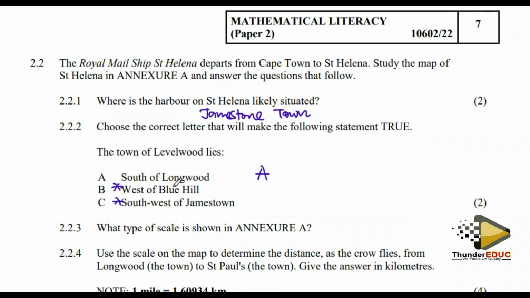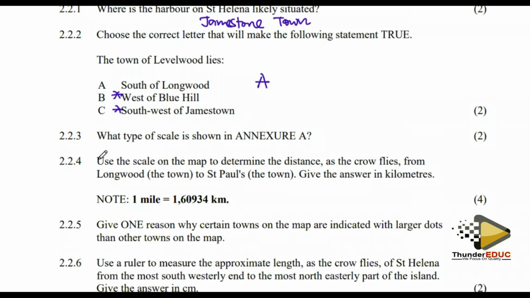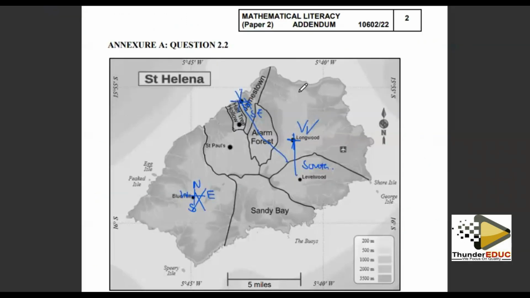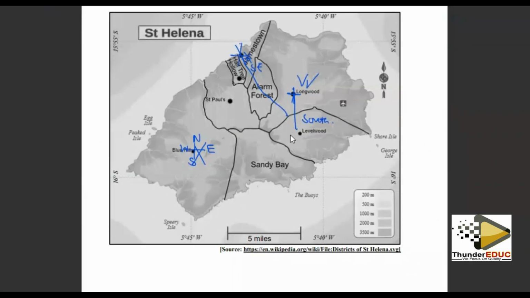All right. We continue. Let's see question number 2.2.3. What type of scale is shown on annexure A? Let's go to annexure A. Is there any scale? Wow, there is one here. This is a scale. The name for this scale, it's called a line scale. A line scale. The line scale, then